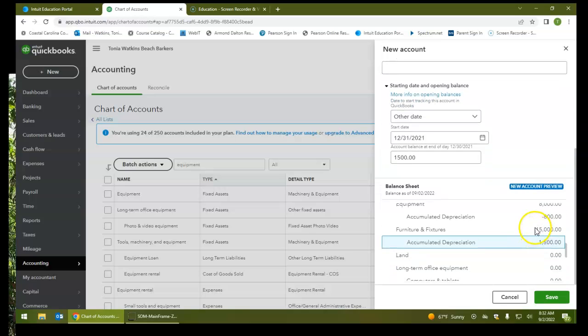And let's scroll to look at how it shows up on the balance sheet. So furniture and fixtures is $15,000. Accumulated depreciation on the furniture and fixtures is $1,500. So when I click save and go back to my listing of chart of accounts, it should show the book value for furniture and fixtures. Excuse me, 15,000 to be 13,500. So I'm going to click save